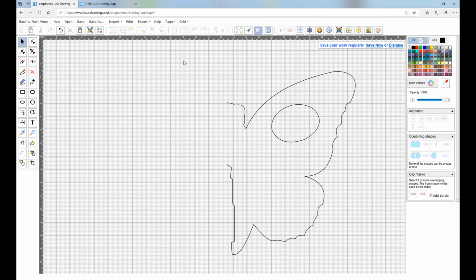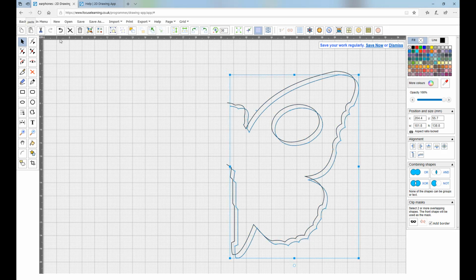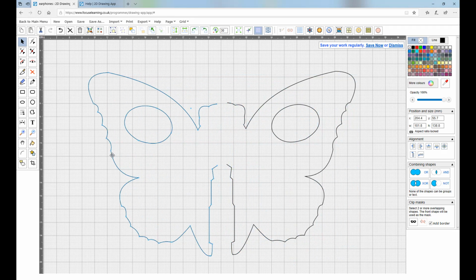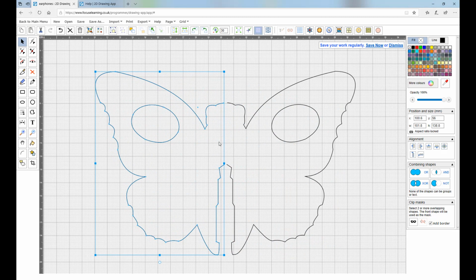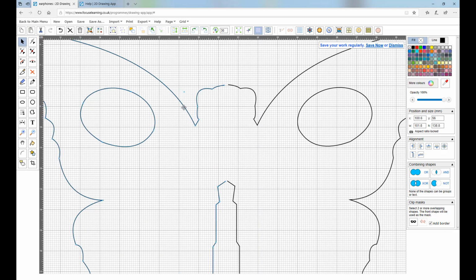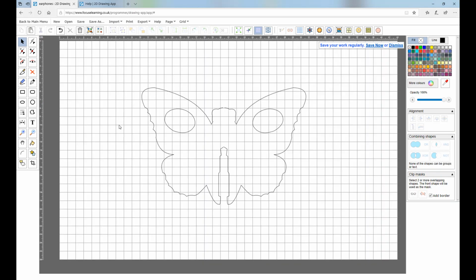Now it's a case of selecting what we've traced, copy, paste, flip horizontally, move it into the approximate position, and what we can do is to get this so that the two halves are nearly touching. On a Windows machine, what I can now do is